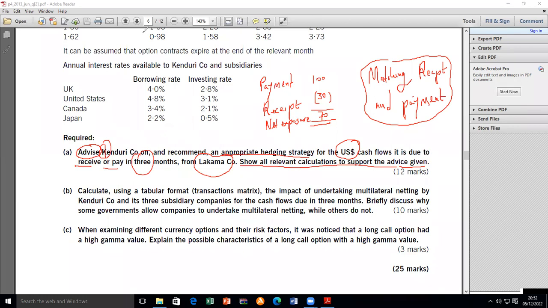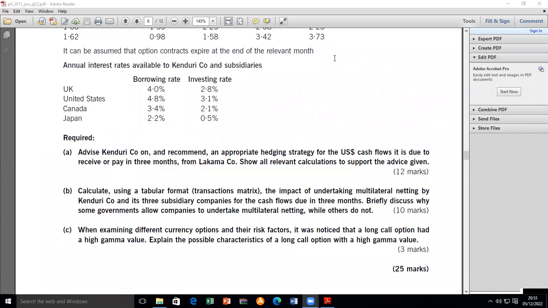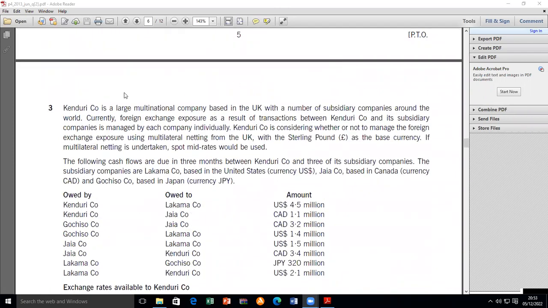Let's read through the question. Let's debrief the question and talk about it. There are certain things I want you to take note of as we read the question. K is a large multinational company based in the UK. That's very important for you. If you're going to do a question involving currency risk and exchange rates,